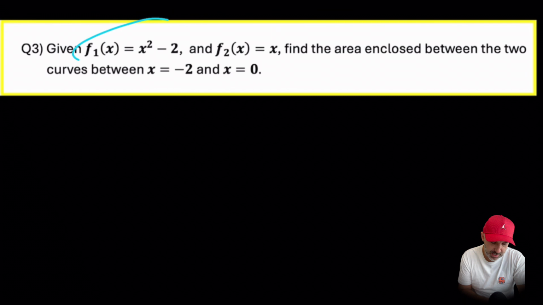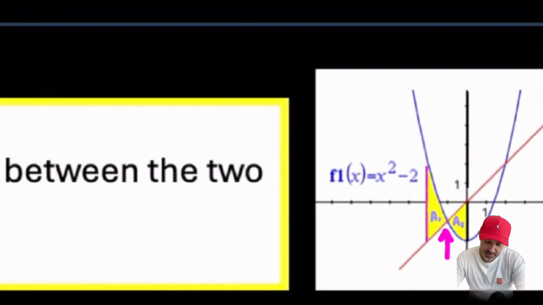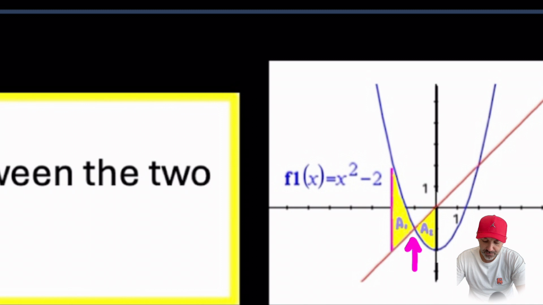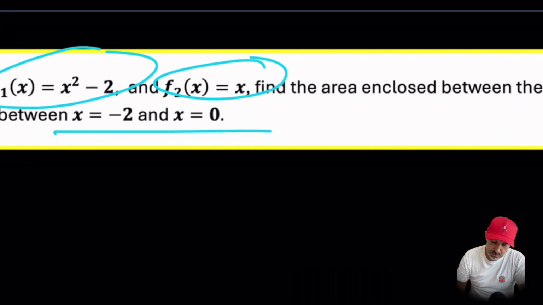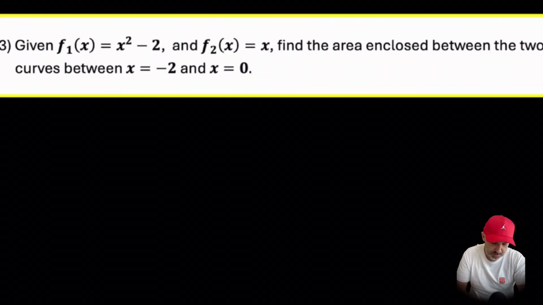So this involves a quadratic and a linear line, and also then 2 points that we need to move between, -2 to 0. So if you did this on a calculator, that's what you'll get, and you'll need to find those 2 areas independently. And also just note that depending on what you're doing, you just need to probably find this intercept here between the 2 functions. So what I'll do is I'll assume that we don't have a calculator, and we are going to do it